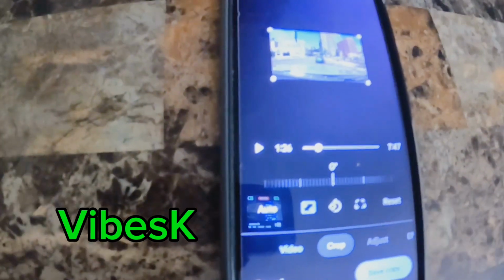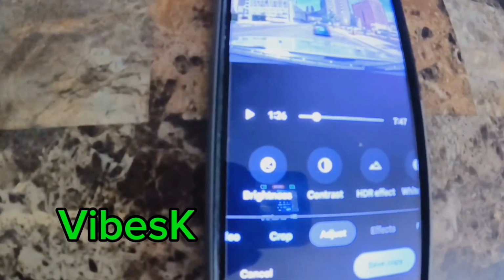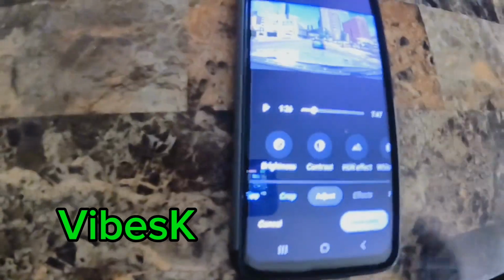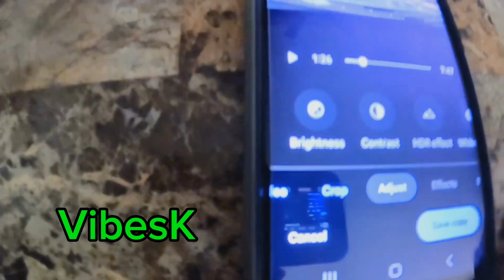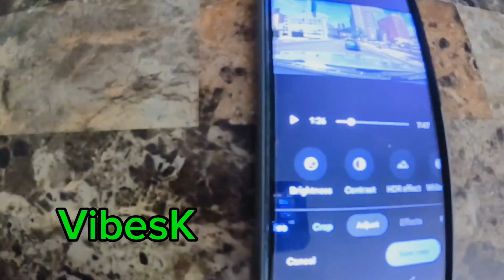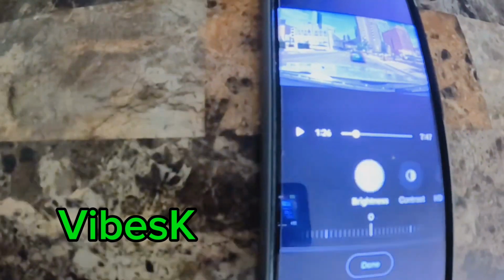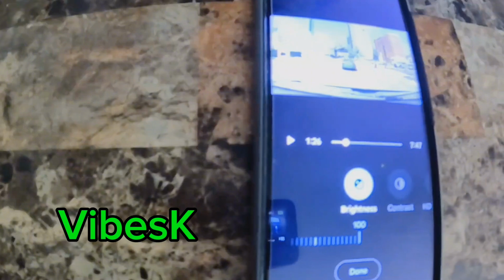All right. And if you are happy at this point, you can hit save, but we are going to continue to show all the other editing features. The next one is adjust, which is this one right there. So under adjust, you can adjust the brightness of the video. So if you press bright, you can make your video brighter